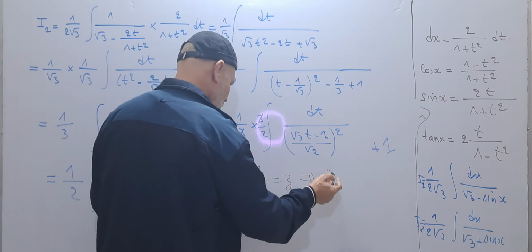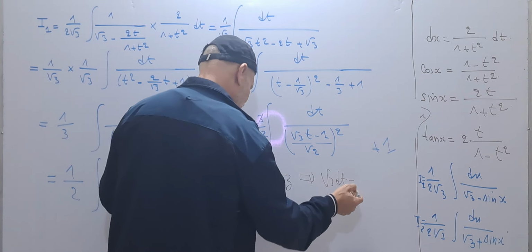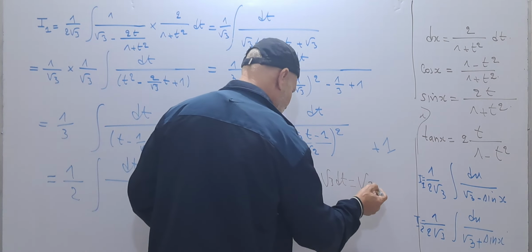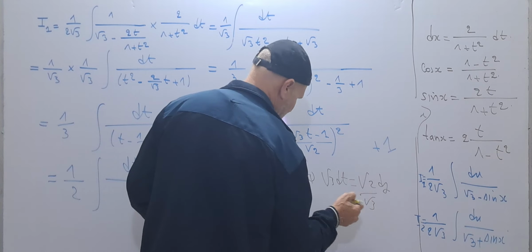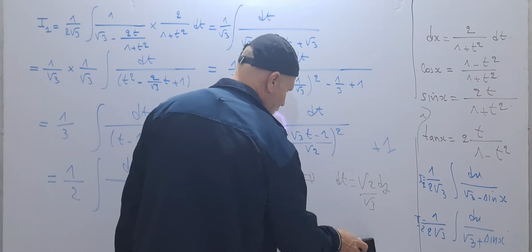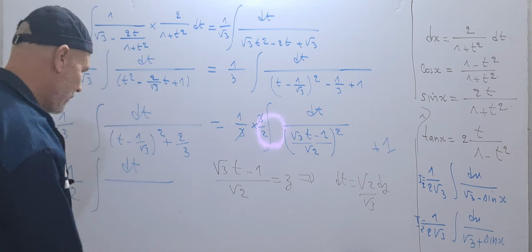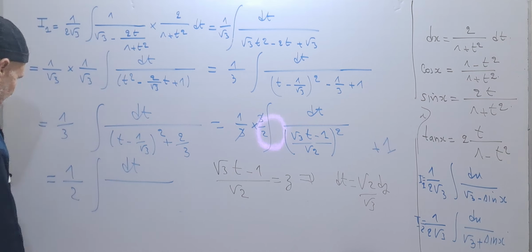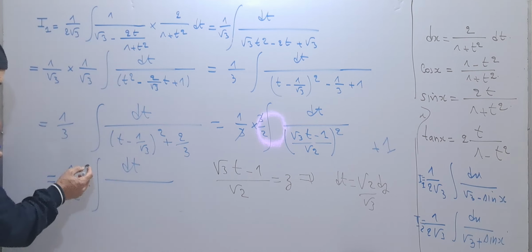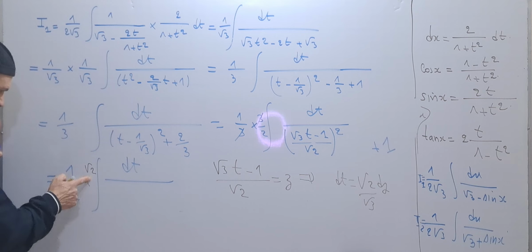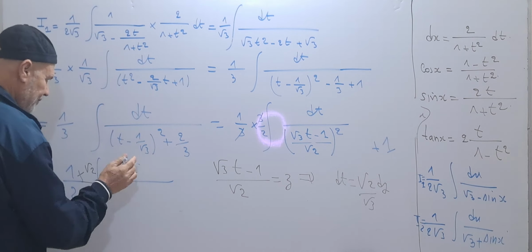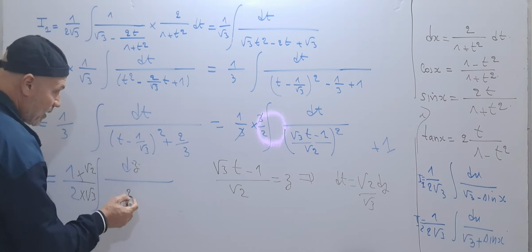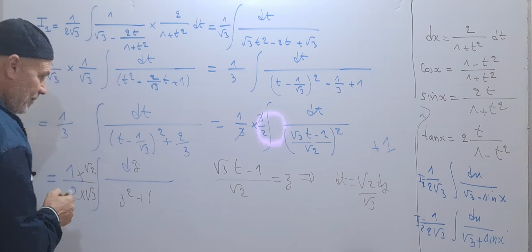Then the square root of 3 dt is equal to the square root of 2 dz, and then dt is equal to the square root of 2 over the square root of 3 dz. So here we have the square root of 2 over the square root of 3 dz over z square plus 1,